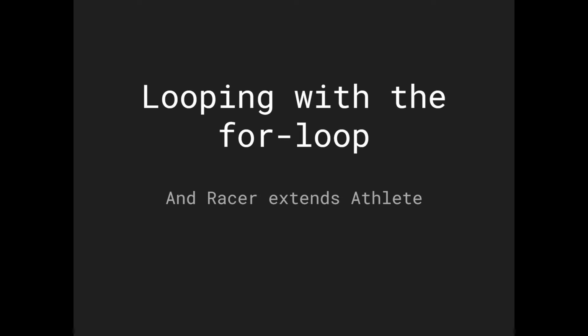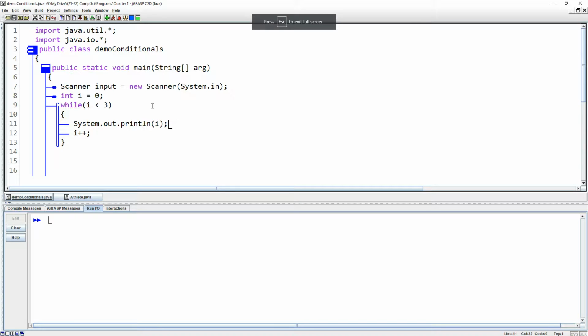All right, welcome back for our next video in which we're going to take a look at how to loop with a for loop. So this is another control structure that's going to be very similar to the while loop. And actually, we're going to start off by looking at some basic code here that I set up that operates using a while loop. So in this control structure, I set up a variable I, gave it an initial value